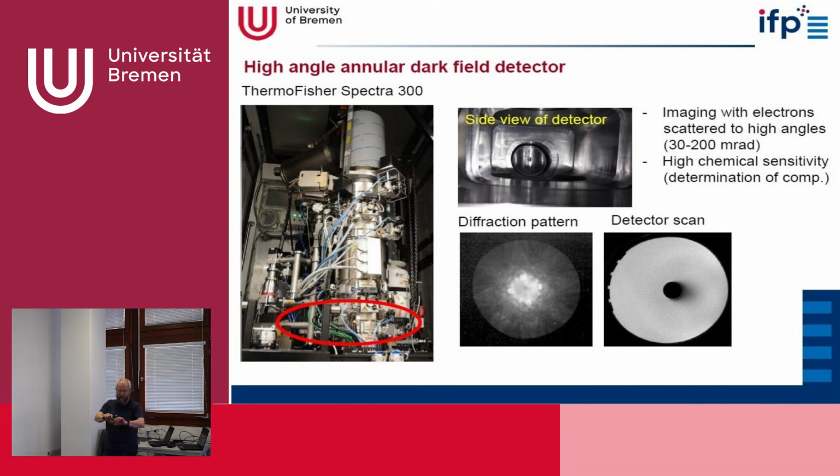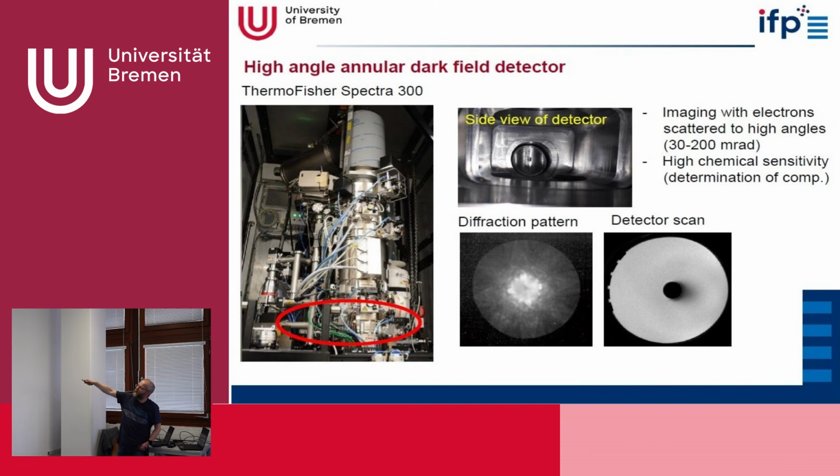In fact, it's a glass tube where we have a fluorescent layer on top, and if an electron hits this fluorescent layer, it will emit some photons, and these photons travel along this glass tube, and then there is a photomultiplier and then some electronics that detects these photons.